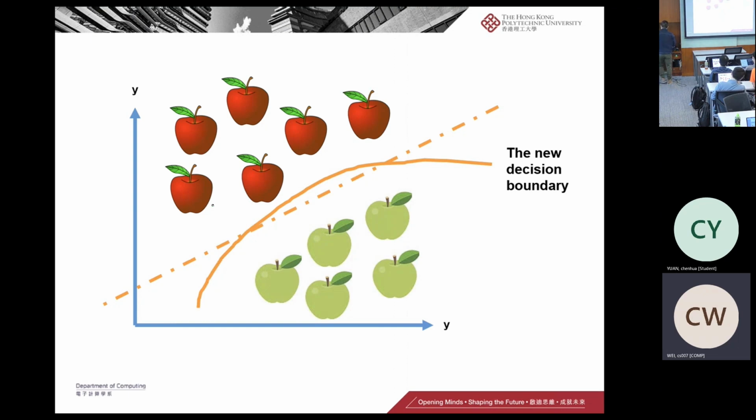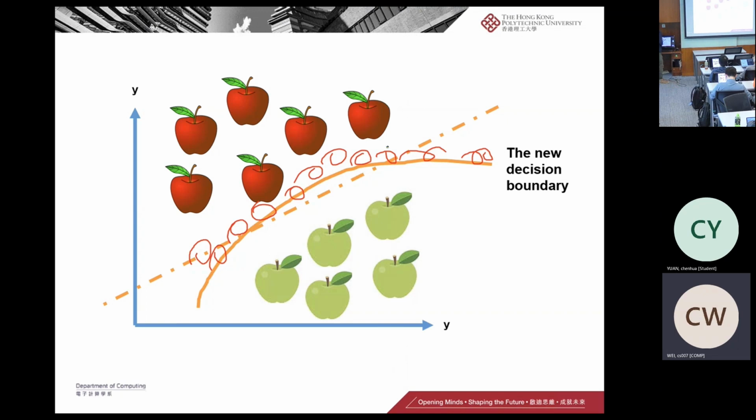In some of the cases, like if we're going to have a lot of red apples here, and some of the nonlinear function will be a better selection to separate the apples. Okay? It just depends on how many features we have, what kind of features we have, and the distribution of those features and samples as well. So,